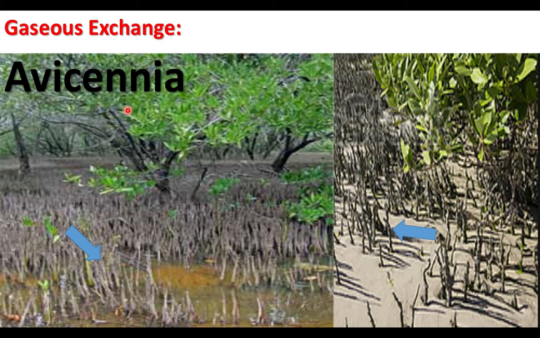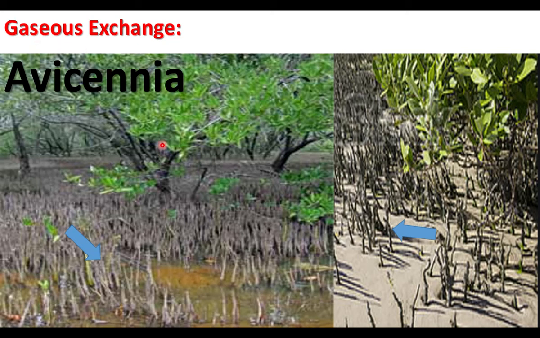Avicennia is a plant. It grows in marshy areas, in mangrove forests. What is a marshy area? The soil is full of water. In this area, roots cannot get oxygen. Roots cannot breathe. So, special roots help in exchange of gases. Exchange of gases means taking in oxygen and sending out carbon dioxide. That is breathing or